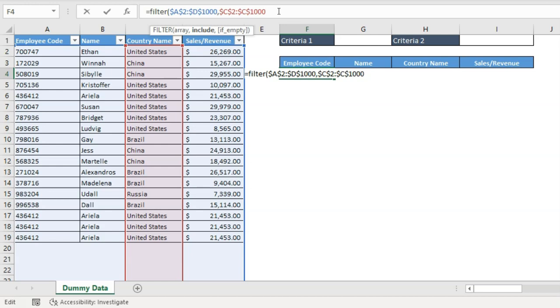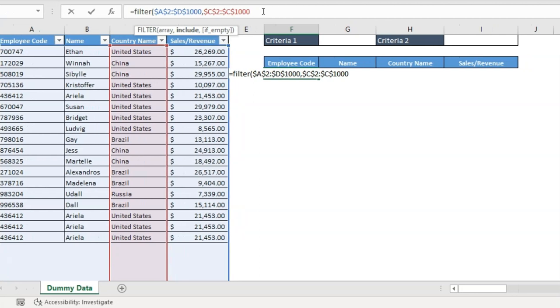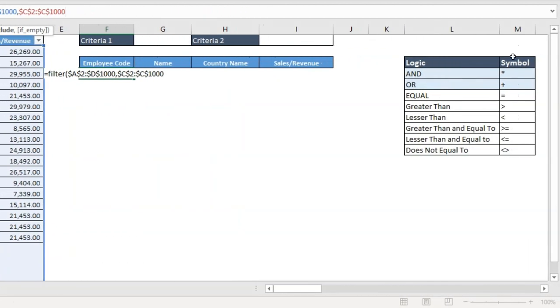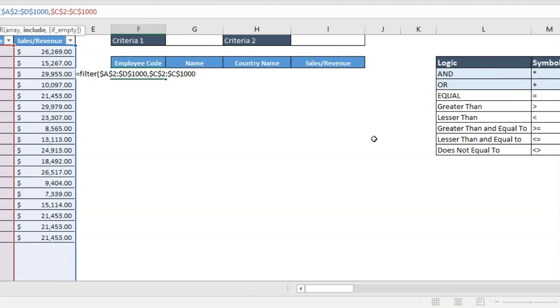So basically you will be using equal to sign, greater than sign, and if you want to understand which sign you should be using for which criteria, then you should be checking this Excel table which I have created on the right side, where you can see equal. If you want to use equal, you can use equal to sign. If you want to use greater than, then you can use greater than sign. And if you want to use any other operations, you can just look at it and you can use these operators in order to verify your criteria.